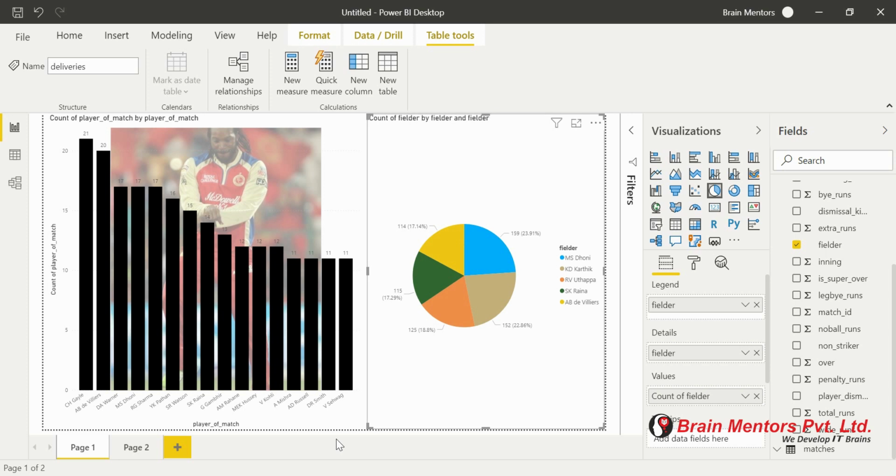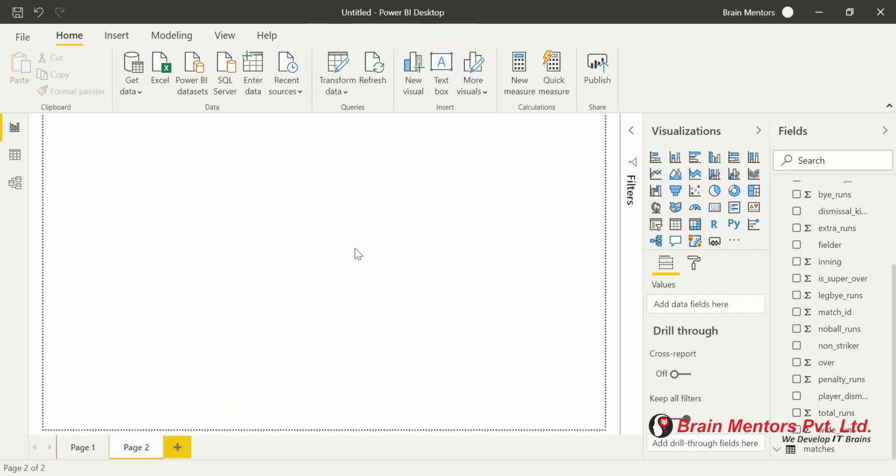I hope it's clear to you how to make a page and then how to visualize a few details. And now you know the IPL is going on, a lot of things you can practice with this particular data. Lots of columns are given, so you can see who has made the most number of runs in IPL, who has been most rewarded man of the match. These kinds of stuff you can do easily.